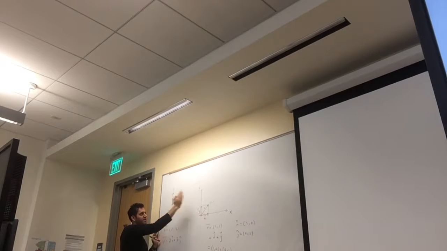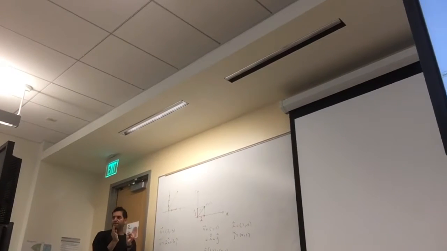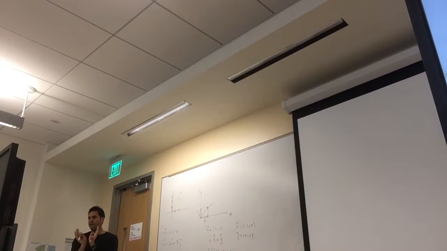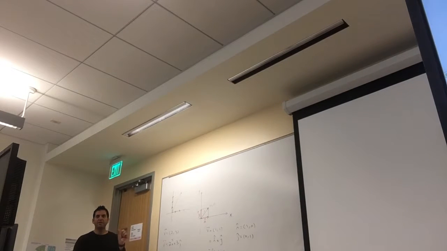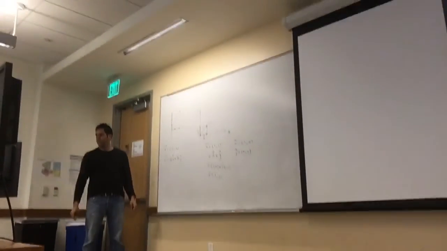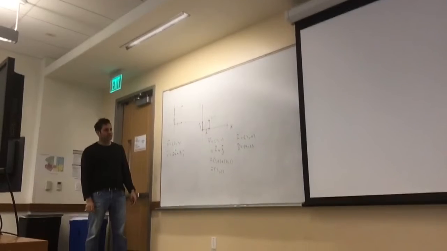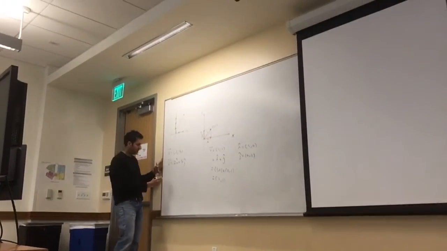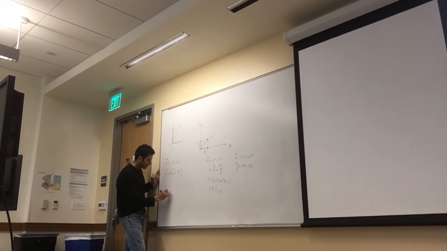Like anywhere you are in this plane, you can find a combination of i and j to get there, right? Okay. So these i and j are called the basis for your plane, which means they're the building block of your plane. You can build this entire plane out of these 2 vectors. So this i and j will be the building block of this entire plane. Okay? And essentially what you say is that i and j